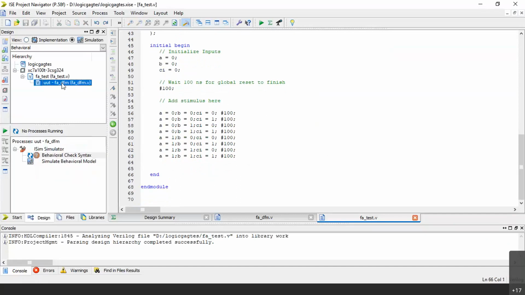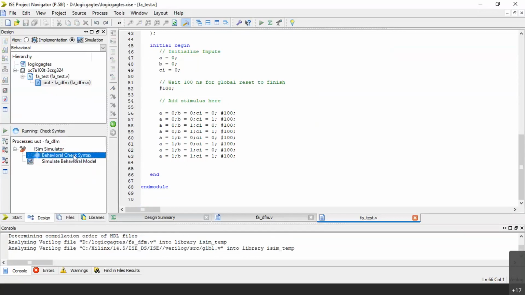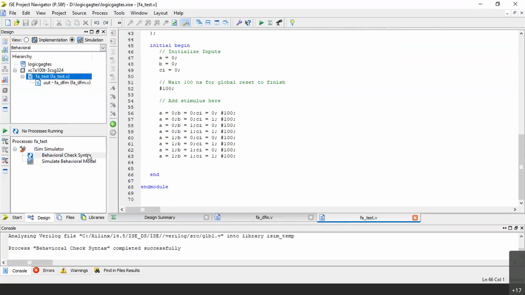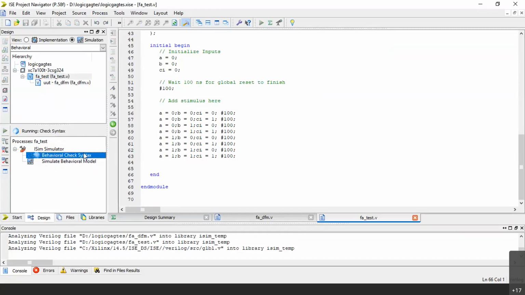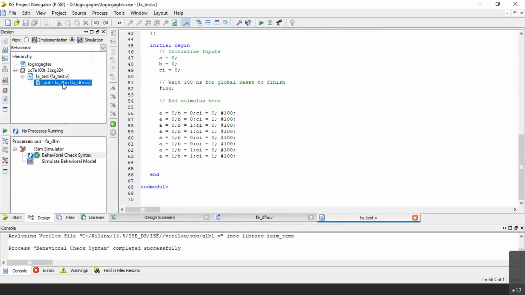Now what I have to do is, see here now, again this question mark is coming because I have added the test bench now. So let me check syntax for the main module. Let me check syntax for the test bench. You can see that even the test bench green tick mark has come, and even for the main module green tick mark is there.